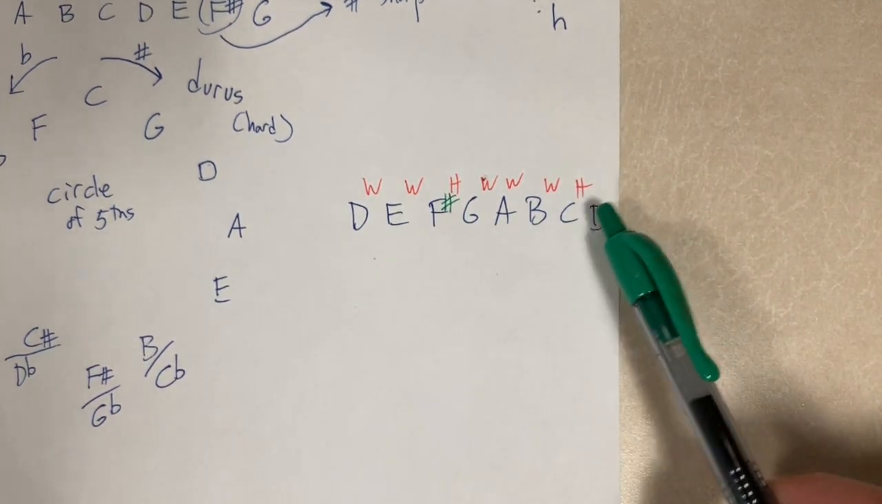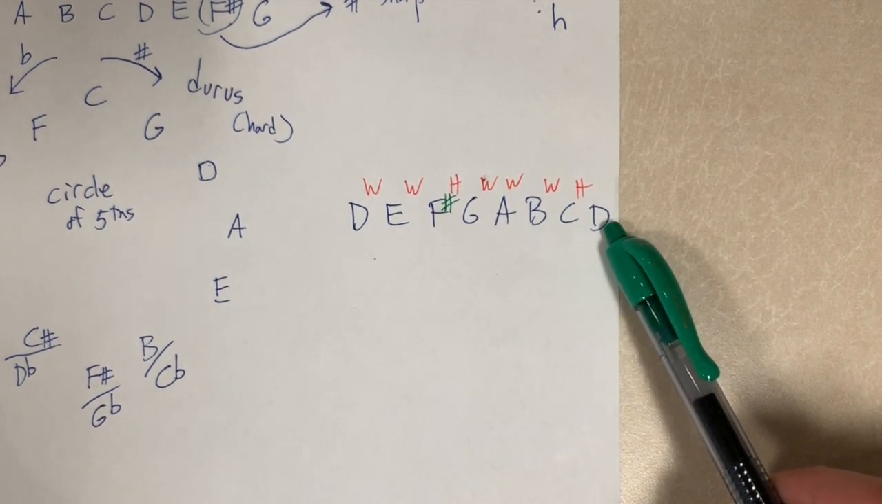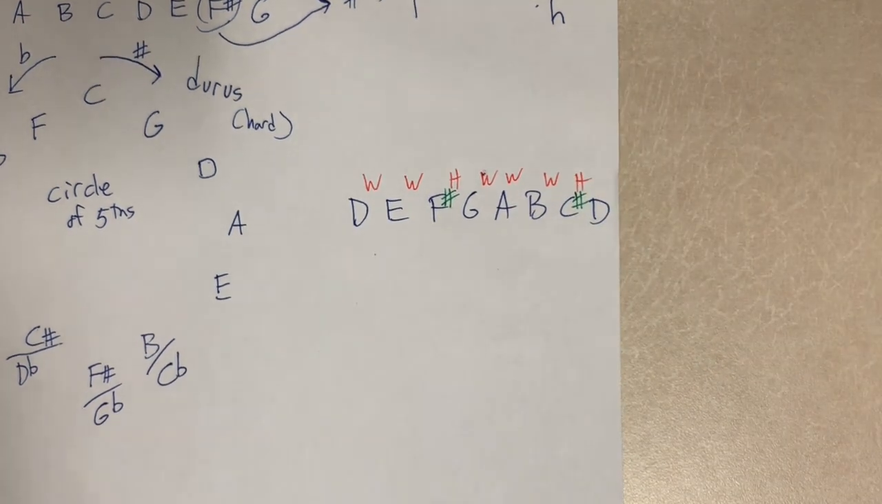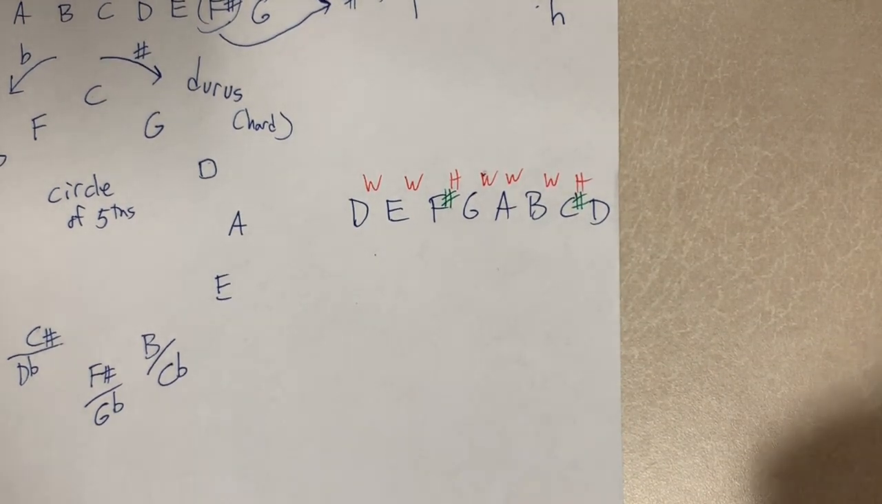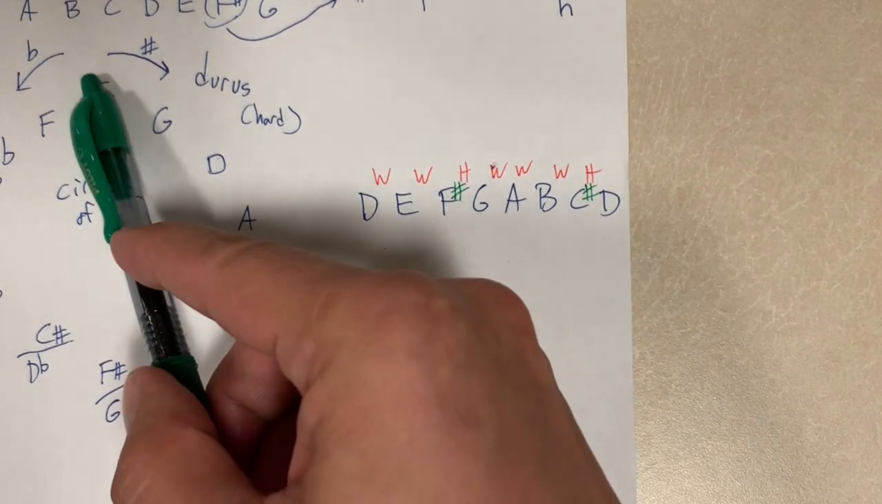G, A, B, C, D. Uh-oh. That C is not a half step away from D, and it is not a whole step away from B. Sharp to the rescue. C sharp. So a D scale is a little further away from a C scale than a G scale is,